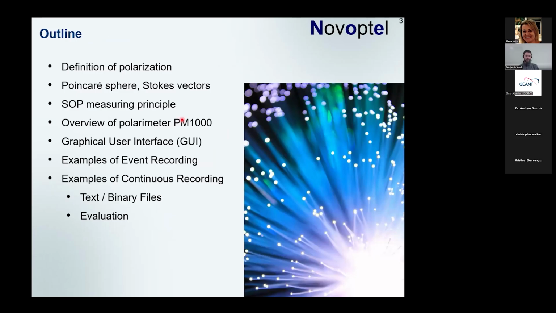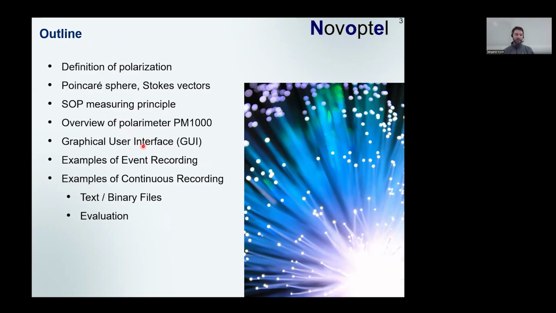In my talk, since I am the first one to speak, I will give a brief overview about the definition of polarization, Poincare sphere and Stokes vectors, so that we know what we are measuring. Then I will show the principle of measuring and how the polarimeter is doing it. I will show the features of the polarimeter, such as the graphical user interface and some of the